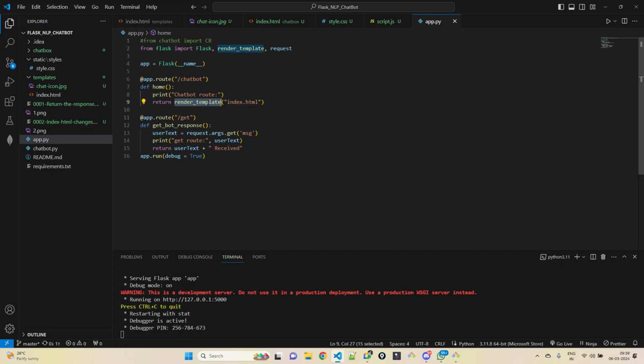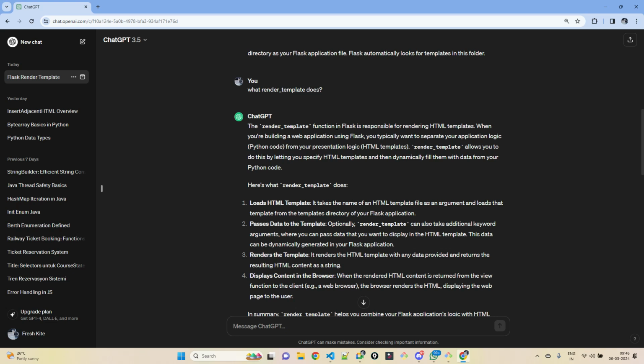Okay, let's understand clearly what this render_template does. render_template is a function in Flask. It is responsible for rendering the HTML templates. When you are building your Flask application, your application will be doing something, right? It will be fetching data from the database, it will be manipulating the data. That logic and the HTML, these two you want to separate. That time you use render_template. So how it works is